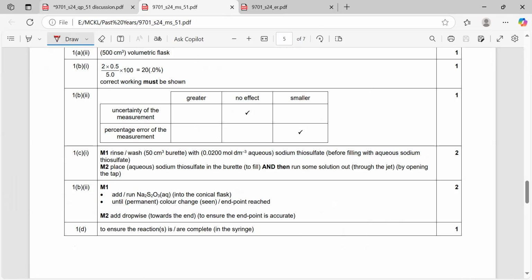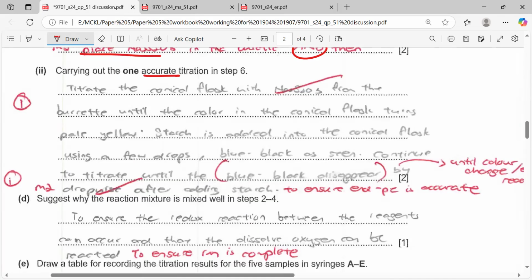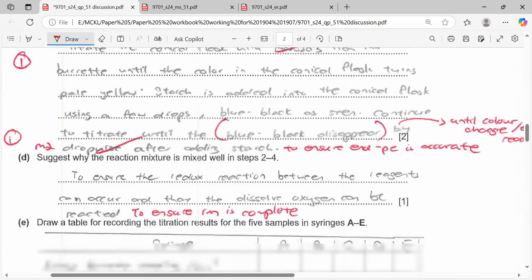Okay. Now, suggest why the reaction mixture is mixed well in step 2 to step 4. I realize they repeat: add this and then mix well, and then add another thing and then you mix well, right? So the answer is to ensure the reaction is complete. Yeah. So I wrote there to ensure the redox reaction between the reagents can occur and that the dissolved oxygen